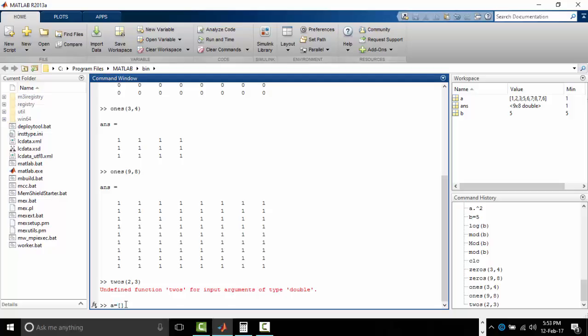In the previous video I taught you how to form an array of numbers, but if you can't remember, I will still explain here. You just have to type your variable. This is my variable name, which is a, and equal to,